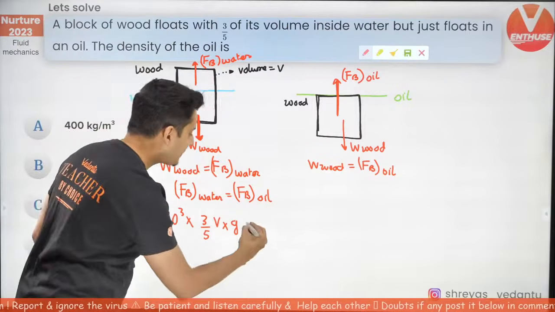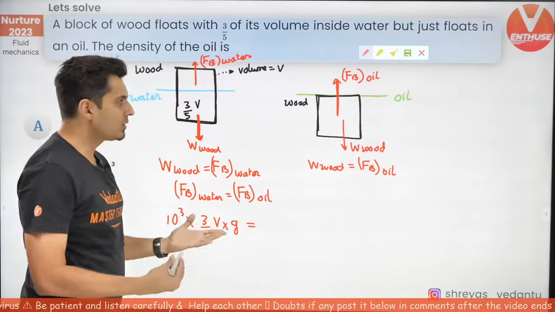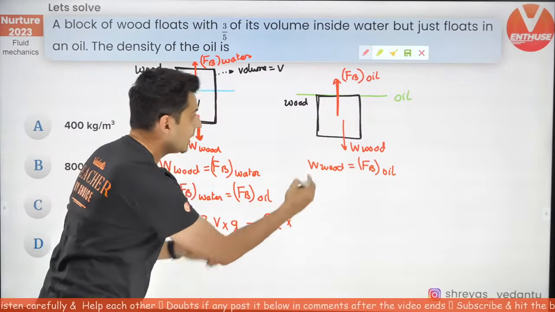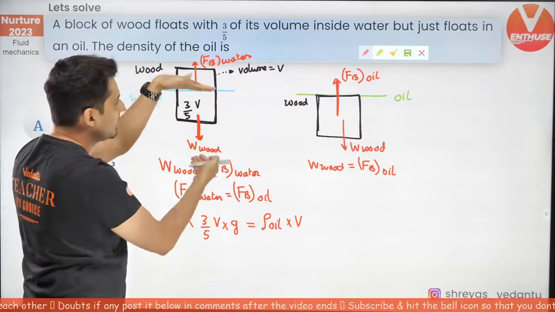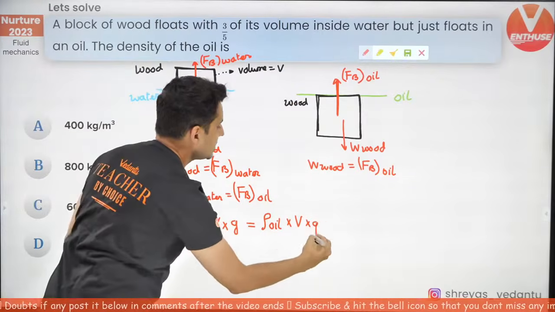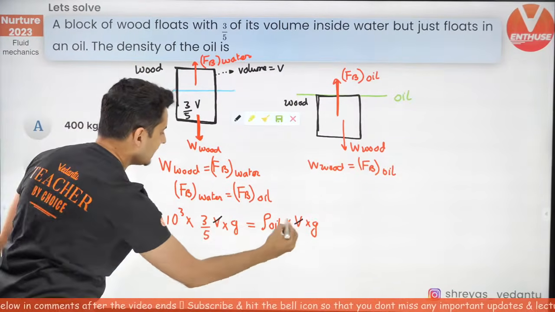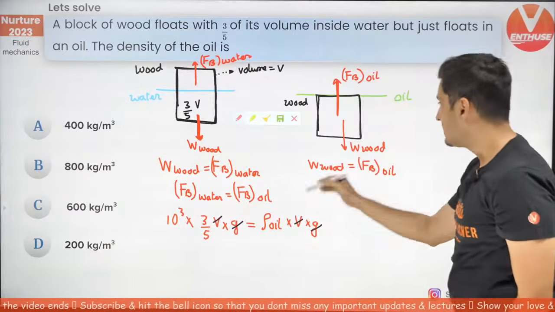Hi Sidhu. And here we have, what is the buoyant force because of the oil? Buoyant force because of oil is density of oil, which I do not know, into volume submerged. In this case, it is complete V, the total volume V just got submerged, into g. Can you see what and all got cancelled? So we can see V, V, g, g got cancelled. So I'm just left with density of oil.